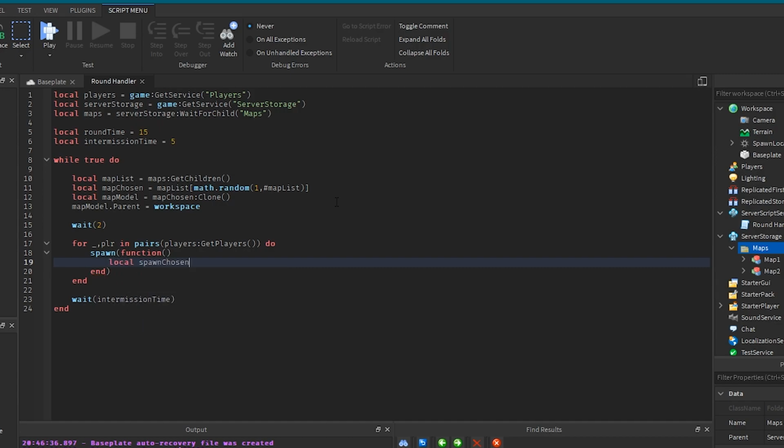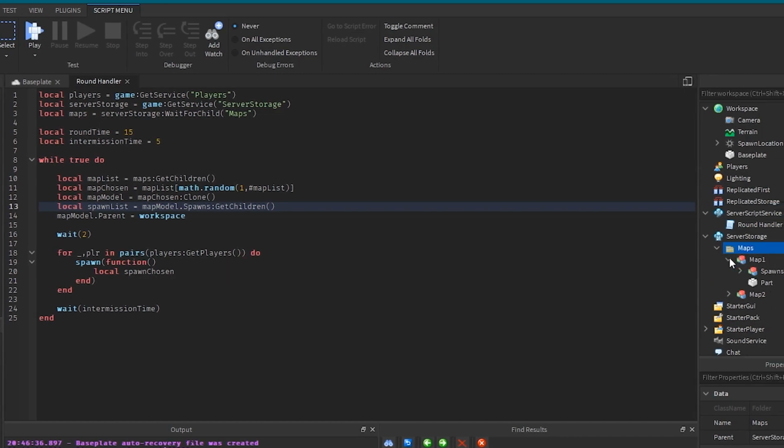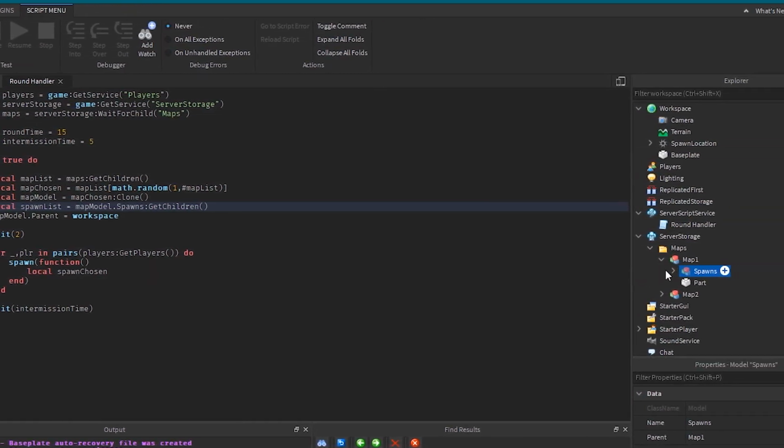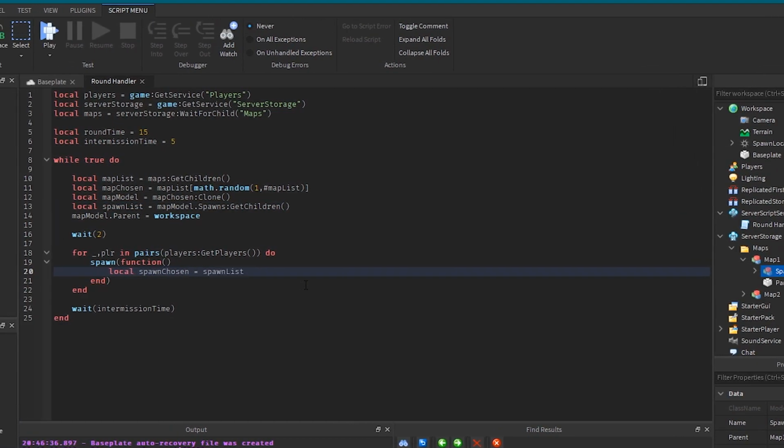Local spawnChosen, and then again what we want to do is up here we'll go local spawnList is equal to mapModel.Spawns:GetChildren(). So now you have to actually make sure that this model is called Spawns. It doesn't matter what the parts are called, but just make sure to name the model or the folder they're in Spawns. And then what we want to do is equal to spawnList, then again math.random